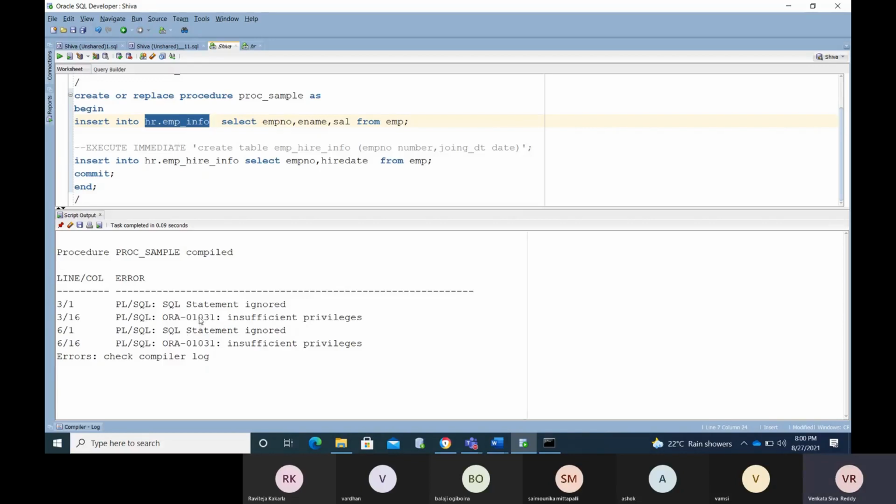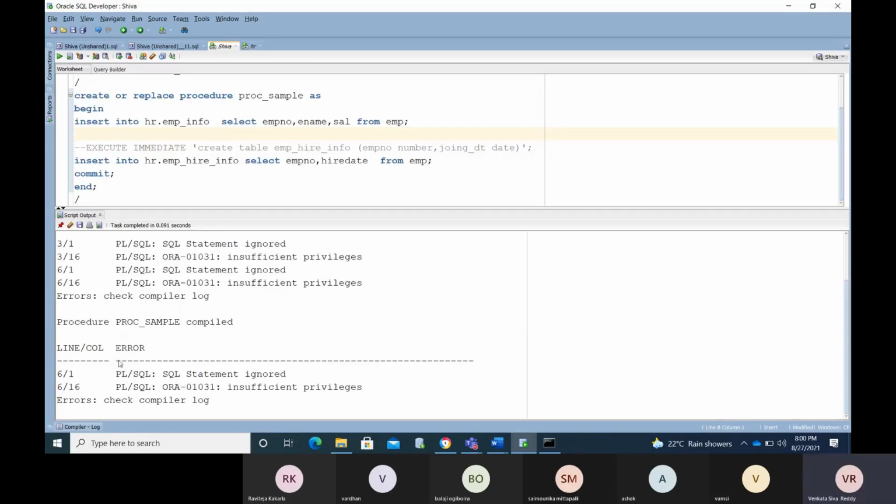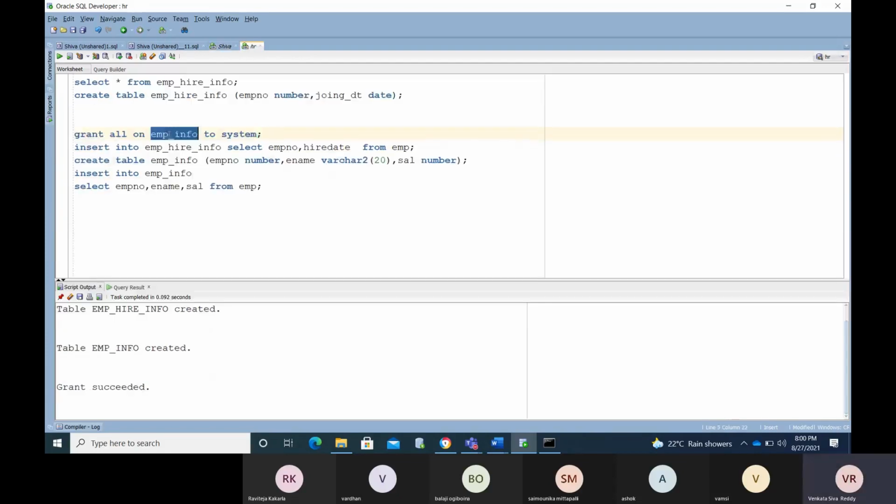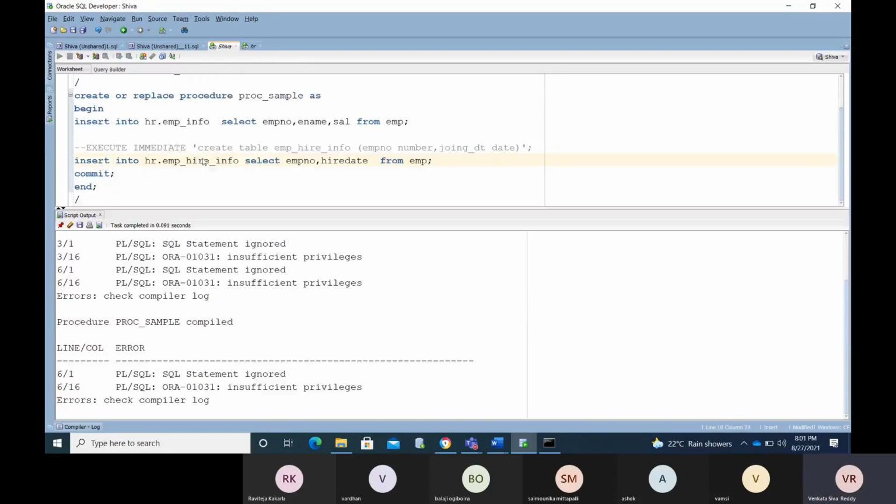Now we are getting two errors, right? Now I have provided the grant here. See, now it got removed, and only one problem remains. If I provide the grant for this also, then you will execute that. Grant succeeded.